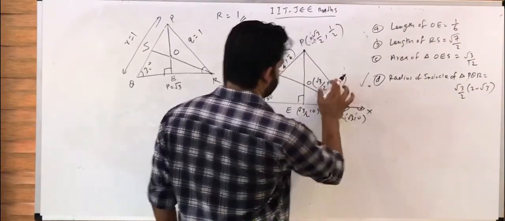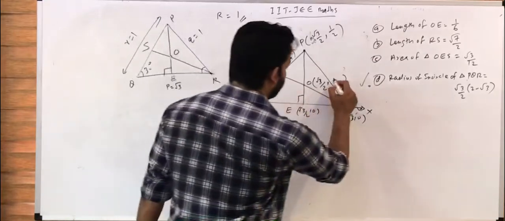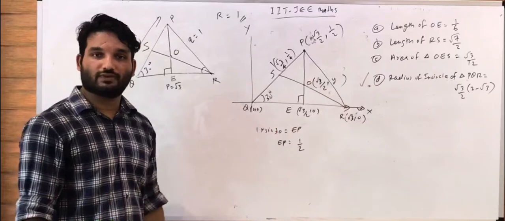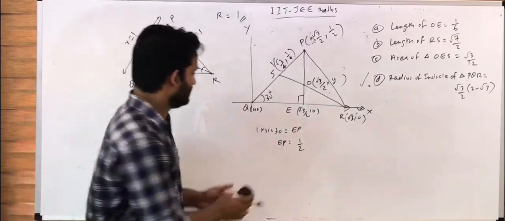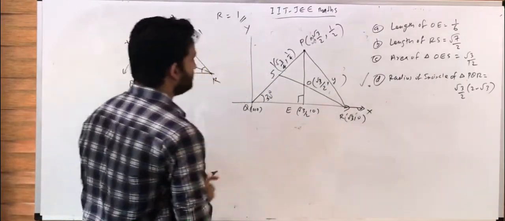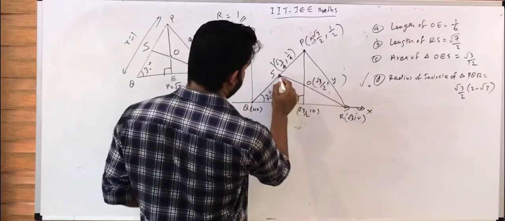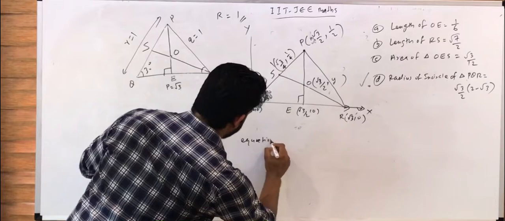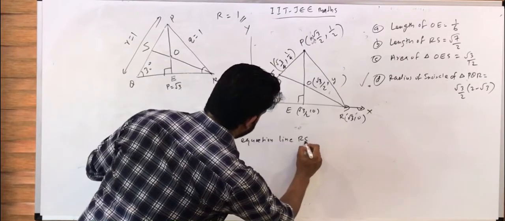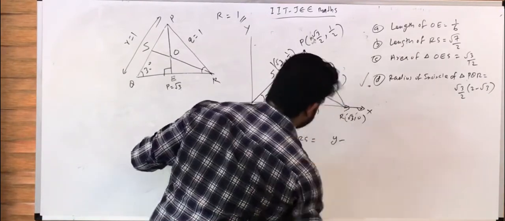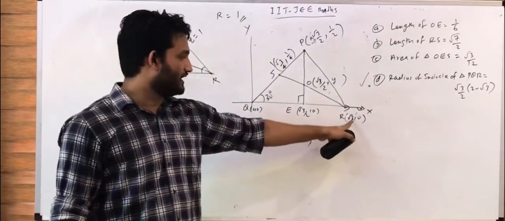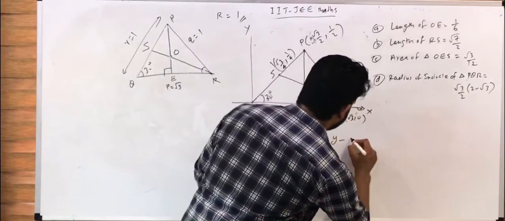Here one coordinate is missing, that is the y coordinate of O. So how can we find this y coordinate? First we need to find the equation of this line RS. The equation of line RS can be written as y minus y1, that is y minus 0, is equal to